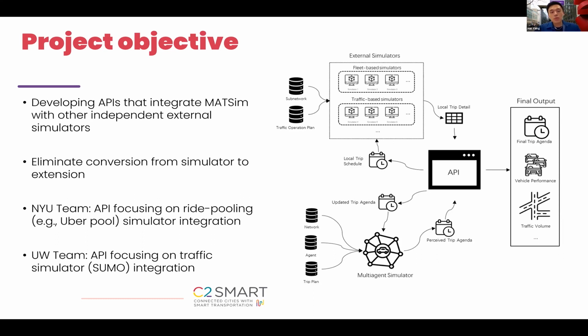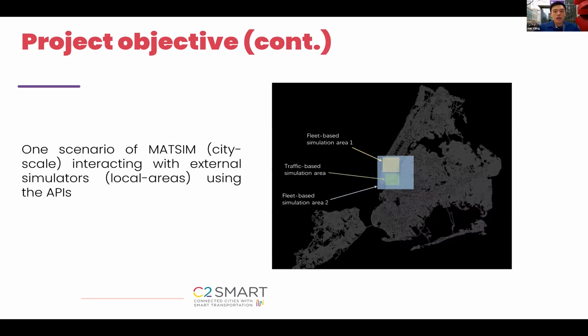So for the NYU team, we are focusing on the ride pooling simulator to connect it with MATSim. And for the UW team, they are focusing more on the traffic side, so they are integrating MATSim with Sumo, which is a dedicated traffic simulator. And using these kinds of APIs, we can apply different added services or traffic control plans in the overall MATSim system. So the scenario illustrated in this figure